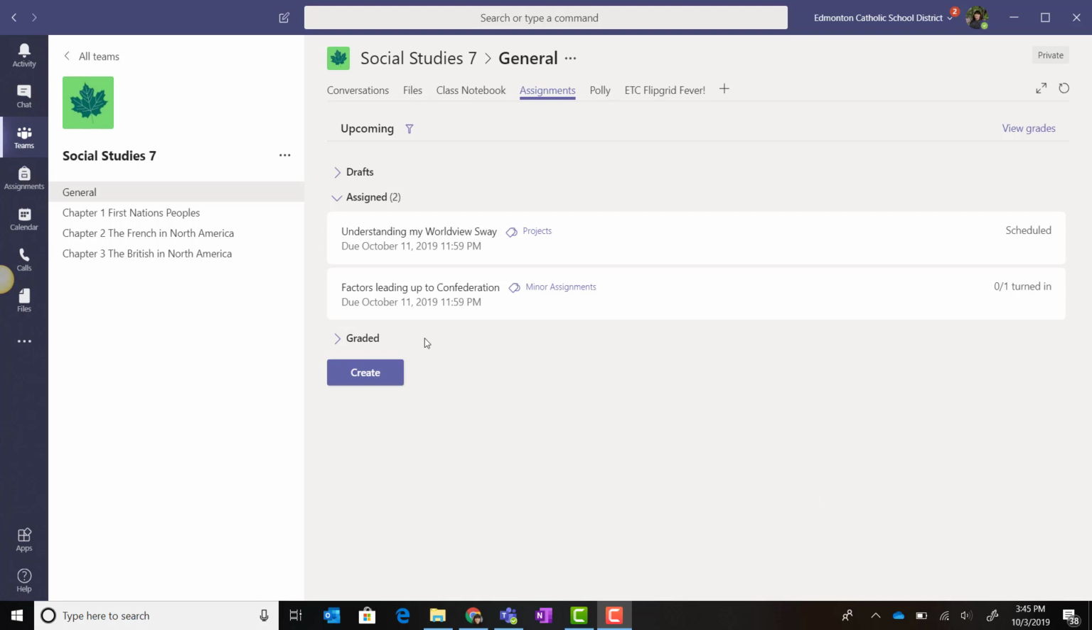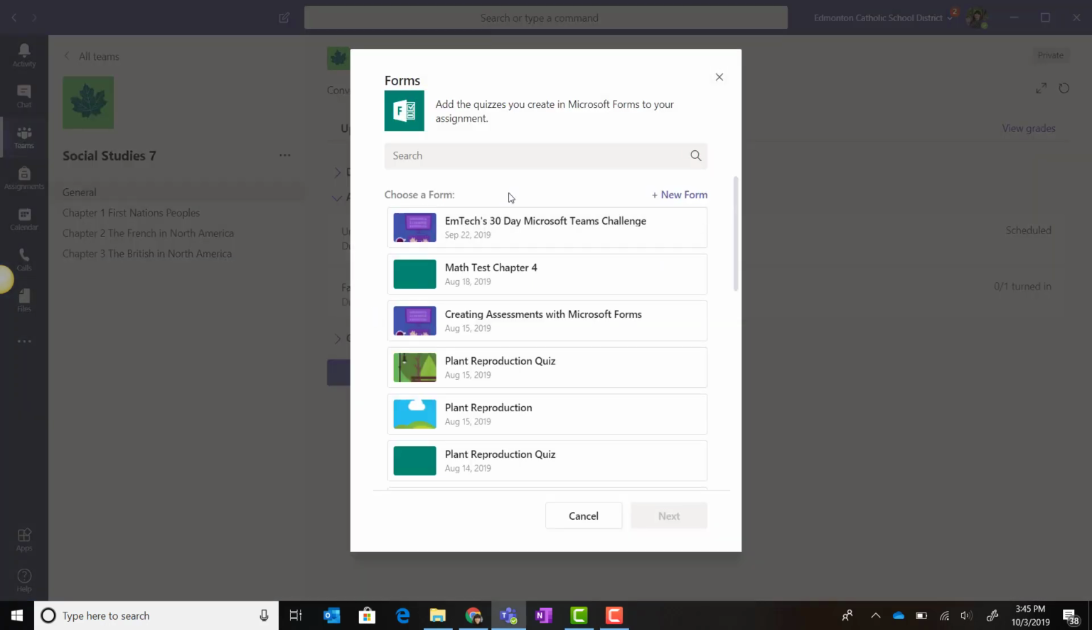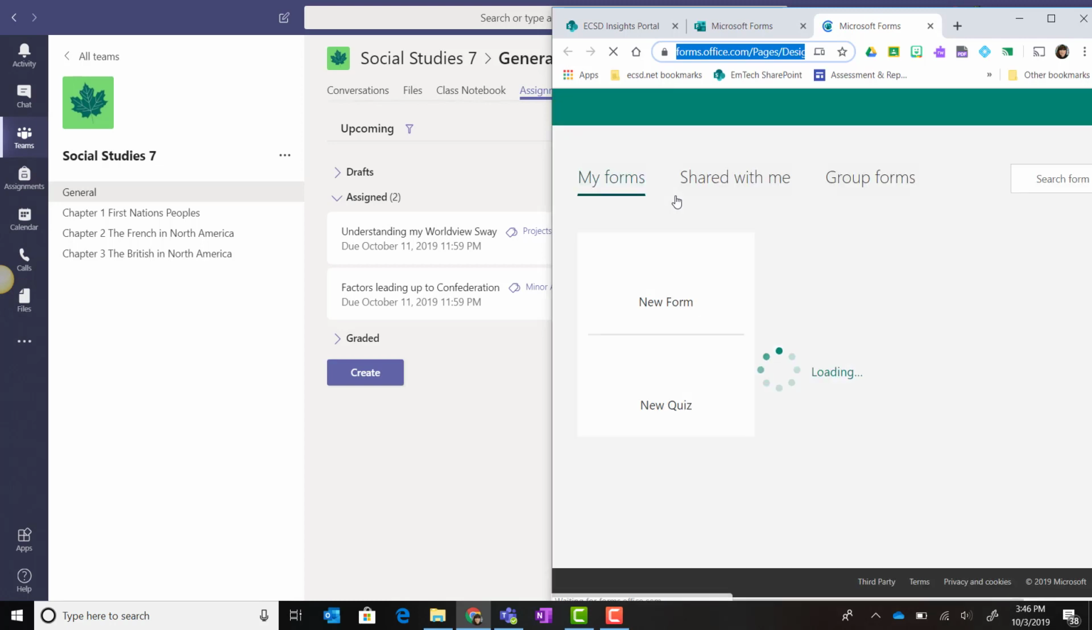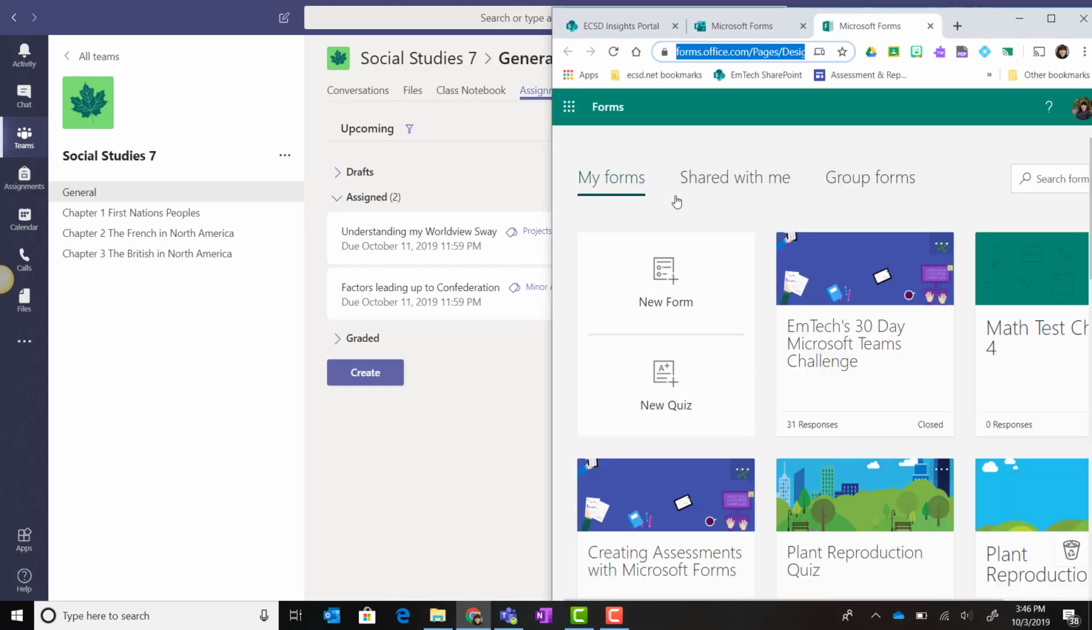To get started, we will simply go to the Assignments tab inside our General channel and click Create. This time we'll select Quiz. Notice that you can add quizzes that have already been created inside Microsoft Forms to your class team, or you can click the New Form button here and you will be redirected to Microsoft Forms in order to build a